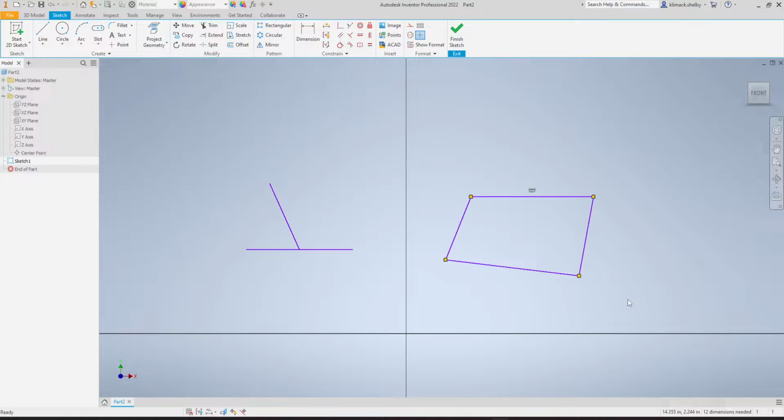In this video, I'm going to show you how to use the perpendicular geometric constraint in Autodesk Inventor. Now, the perpendicular constraint just makes two line segments perpendicular to one another. And what perpendicular means is that they are at 90 degrees to one another, or they make a right angle